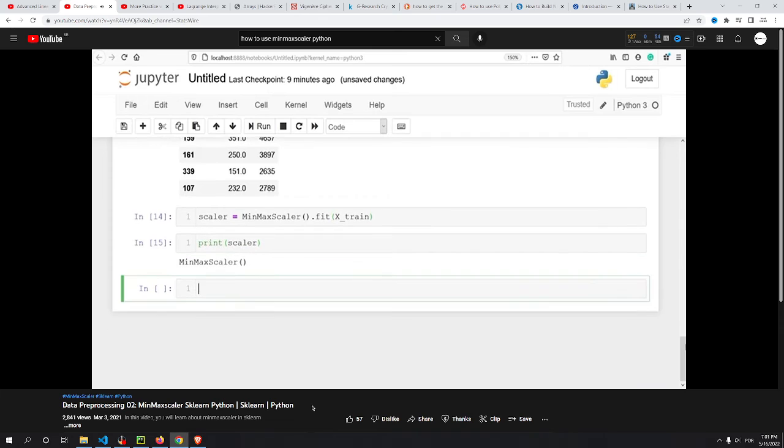In the output, you can see that it is an object of class MinMaxScaler. We have just fitted our min-max scaler on x_train. We have not applied the transformation. Let's look at some of the functions which are available in our object scaler. We will say scaler dot